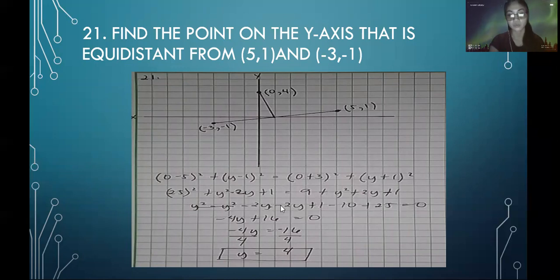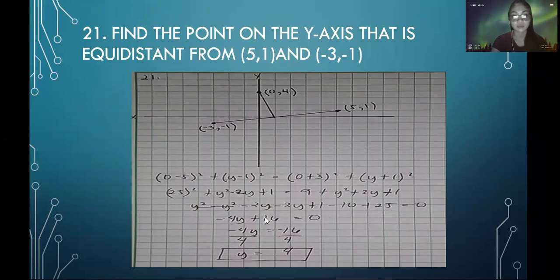And negative 2y minus 2y is equals to negative 4y plus 1 minus 10 plus 25 is equals to 16, equals 0. So for y,